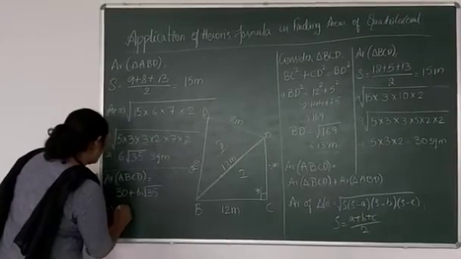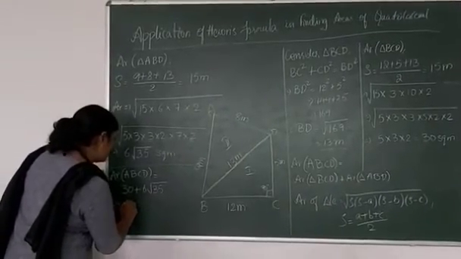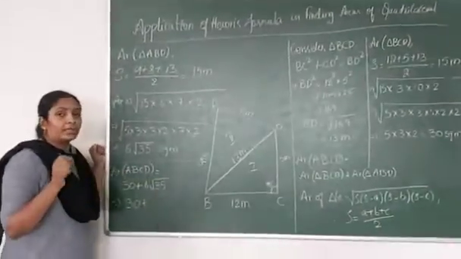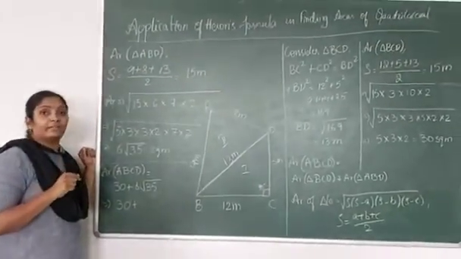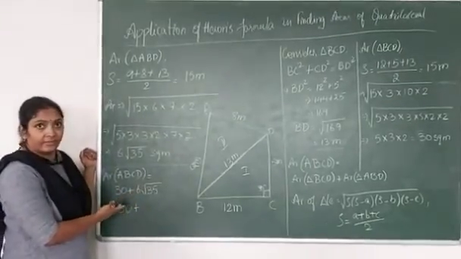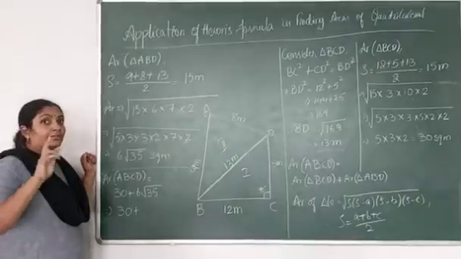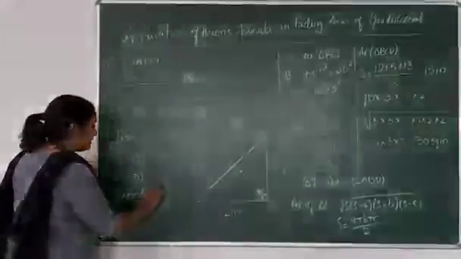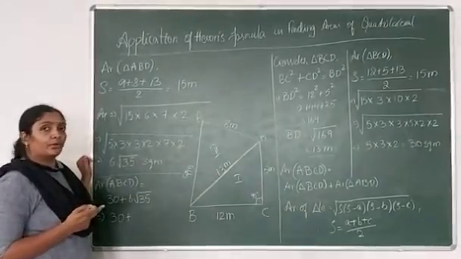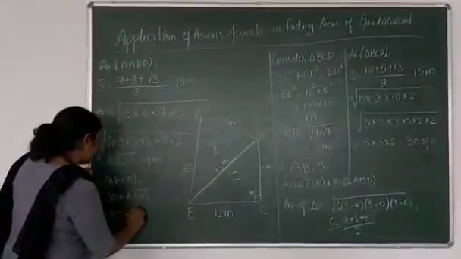This comes around 30 plus the 6 root 35. You can calculate the square root of 35 by using long division method. Either way, the prime factorization will not work with this because it has only two different prime factors. So it is not a perfect square number. You can go with the long division method to find out the square root of 35. Right? So this value will come around